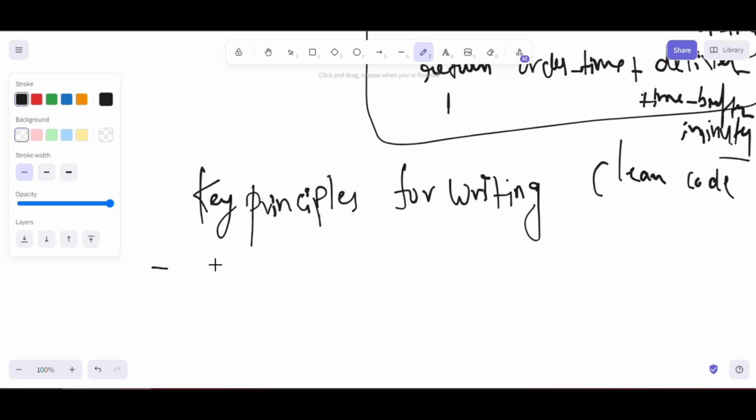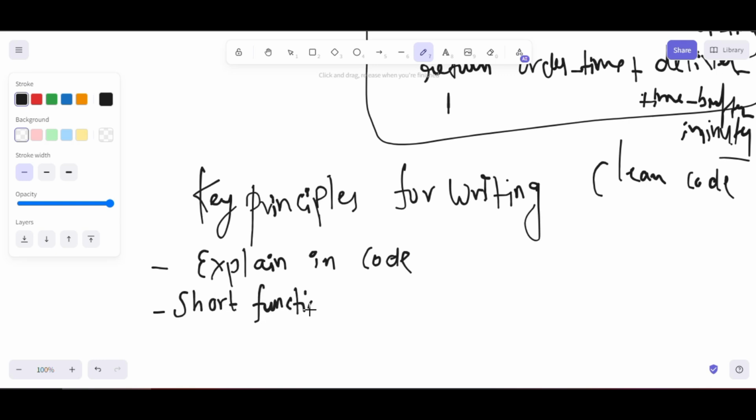First is explain in code. Second, short functions. Third, avoid redundant comments.